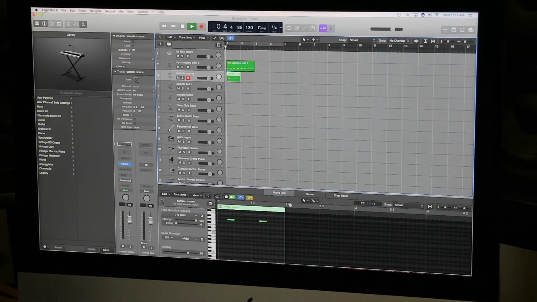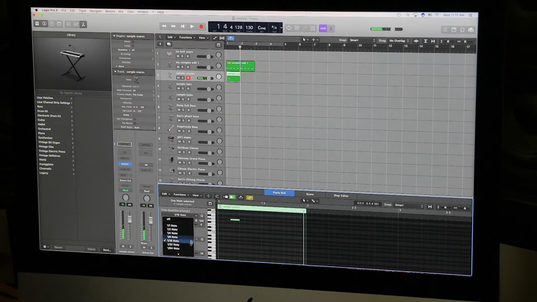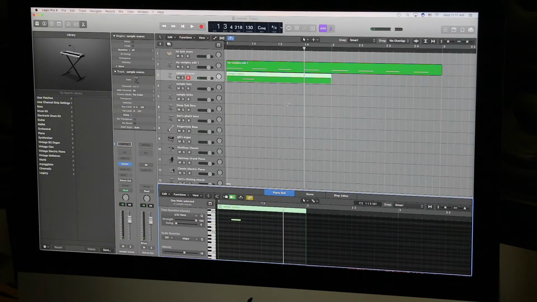Gonna move this to the front. I like the first one, not the second one. I'm gonna quantize it to like a 32nd note or something and see what happens. Nice. So let's see what happens if I repeat that.